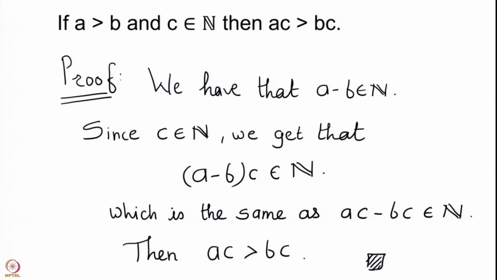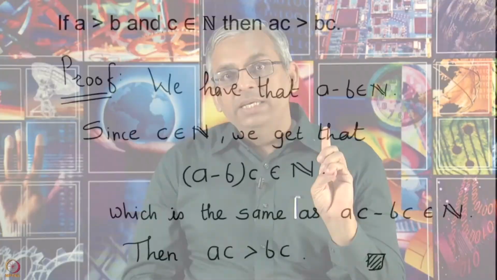So, you see this proof was also not quite difficult. All we needed to do was use the properties of natural numbers. If you have A minus B, a natural number, and another natural number C, then the product is a natural number. That is the only thing we have used here. If you multiply A minus B by a non-natural integer, that means a negative integer or 0, then you are no more within the set capital N. You go outside the set capital N, and therefore, the inequality may be reversed if you multiply by a negative number, or the inequality may turn into equality if you multiply by 0.